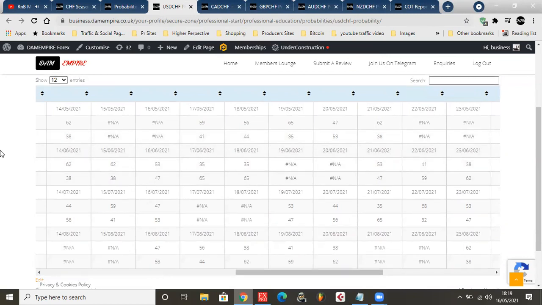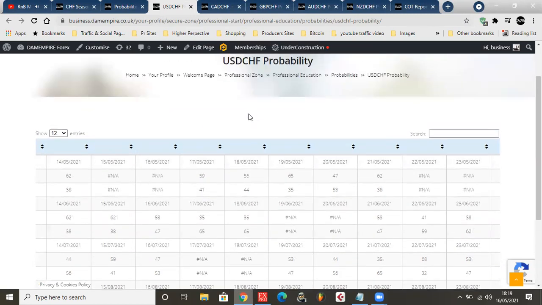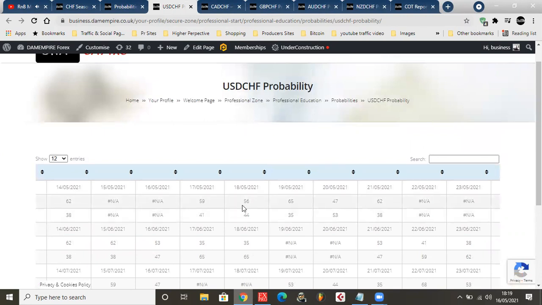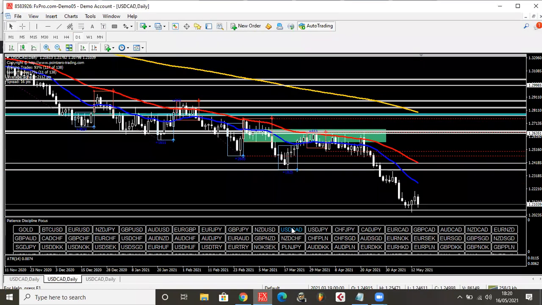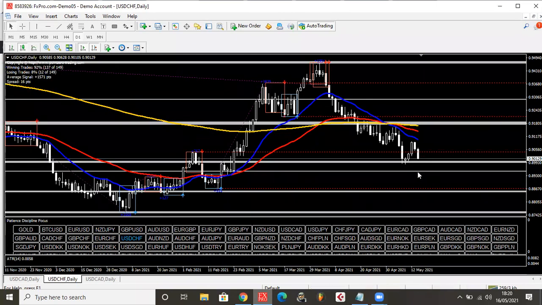So USD CHF, right now, this looks a little better. So we have that 57, 59, 56, 65. Now keep in mind, the USD economy has been in shambles, man. It has not been working right in the foreign exchange market anyway, because it's been losing strength. I've noticed that a lot in the past few weeks, and we might see it kick back. I'm not sure, but yeah.